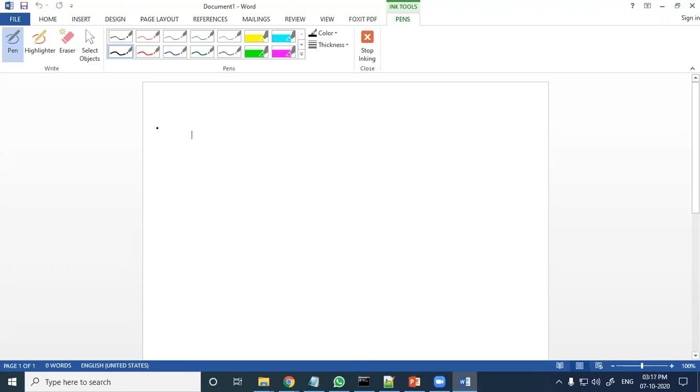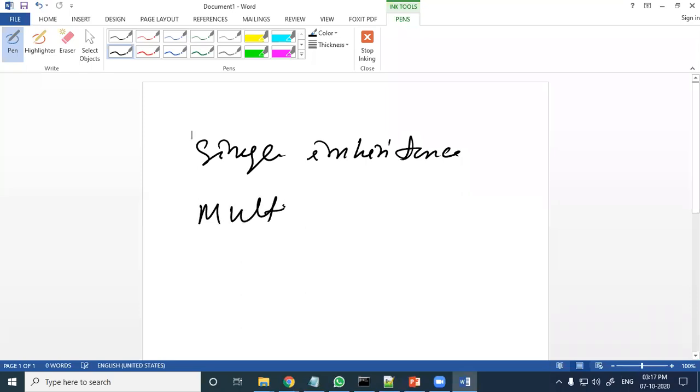So there are mainly four types of inheritance. First is your single inheritance. Just note down, single inheritance. Second one is your multiple inheritance. Next one is multi-level inheritance.